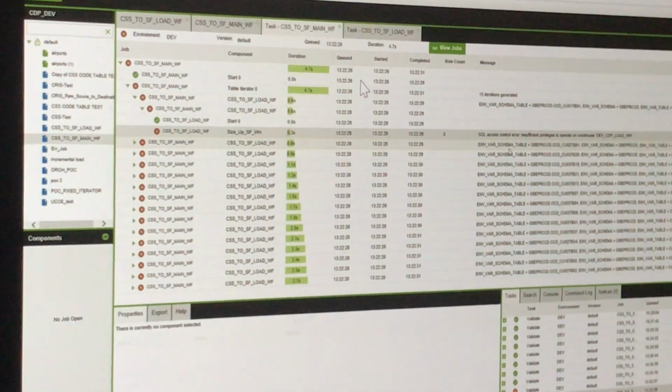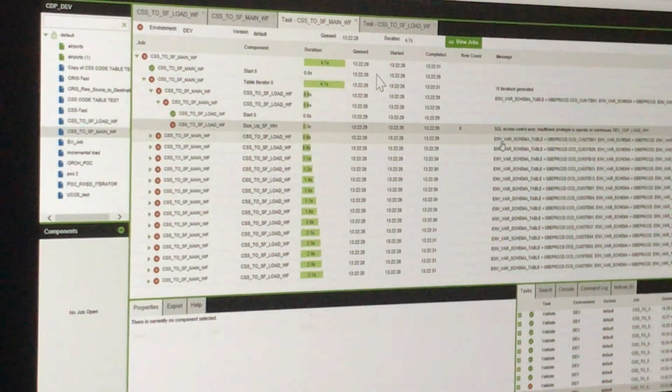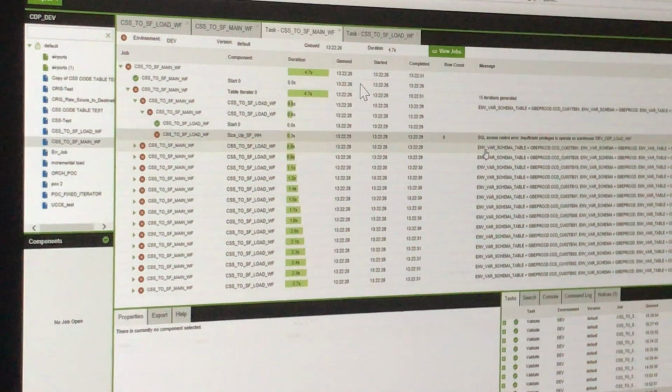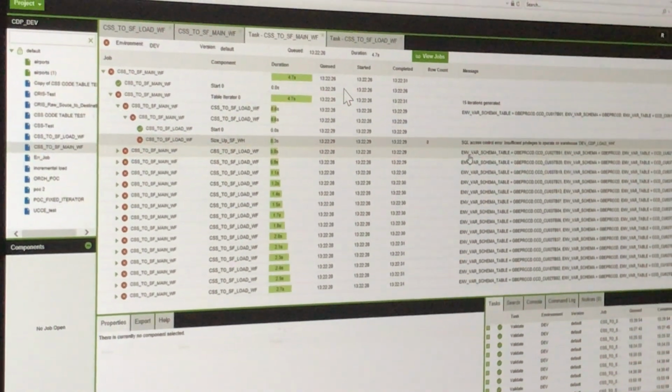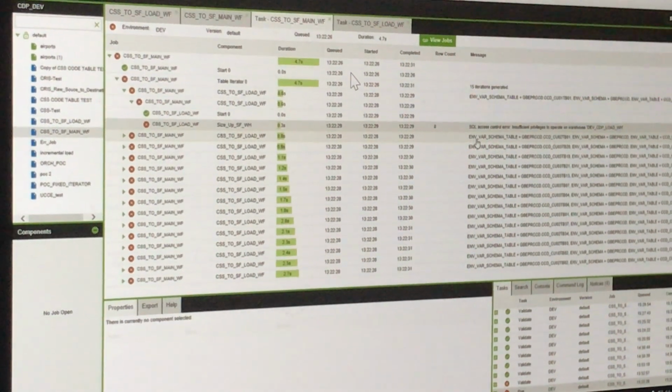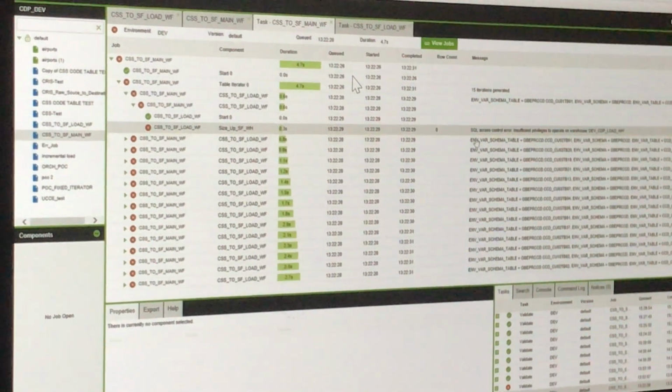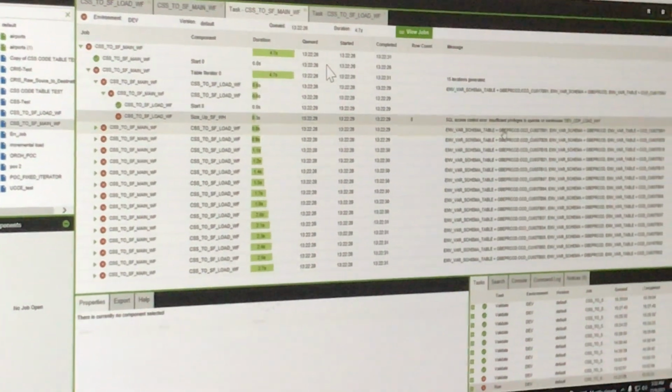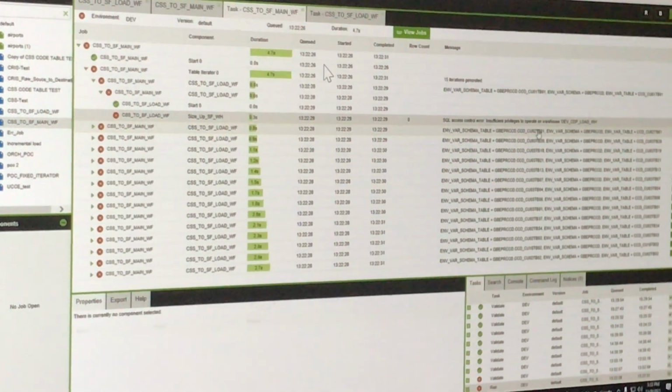So Vamshi, what I wanted to show you is what the pipeline will do when it runs. First it will go to the table iterator, and the table iterator is creating a 15 iterator for us. Can you see here? We have an environment variable, and it's taking the schema name dot table name. We have 15 iterators created, so it will automatically do it for us.